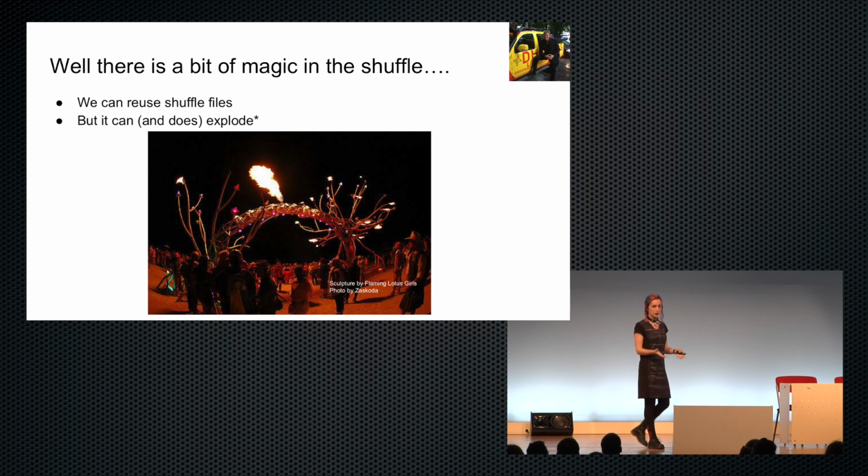And if your driver program has a whole bunch of memory assigned to it, that really bears no relationship to the amount of disk space that you have on your workers. So one of the things you might find yourself encountering if you start keeping a whole bunch of RDD references around is that you've got all of these shuffle files, and you need to clean them up. You can do this by manually triggering a GC event on your driver program. Or if you feel like using Spark's internal APIs and lying about being inside of package org.apache.spark, there's another way to clean up shuffle files in there.